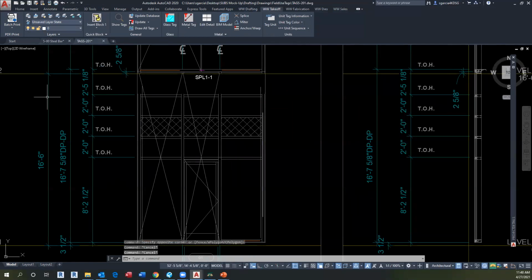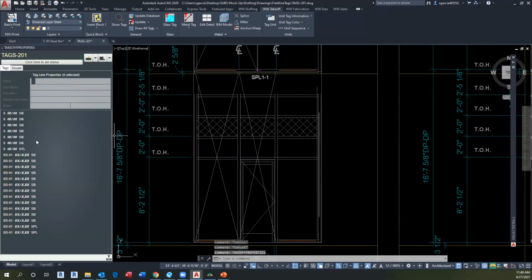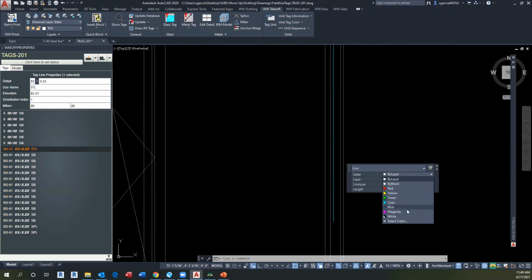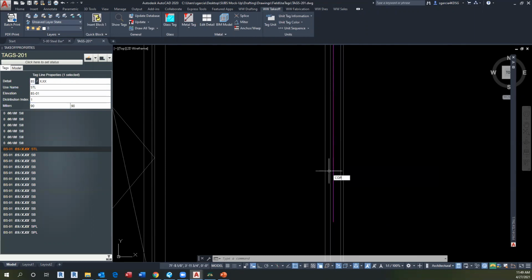Remember that if you can see the takeoff property, it's important to use takeoff properties to open that box here. So now that I have selected that one, I can add my details as BSXXX. And again, I'm using the same elevation, BS01, and distribution is always 1. And this time I'm going to change this to magenta. And I copy this